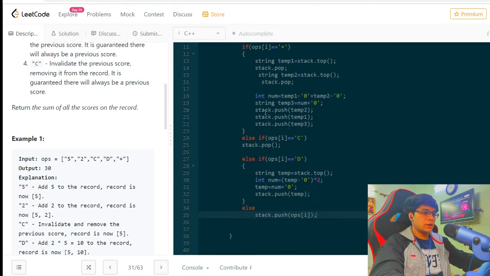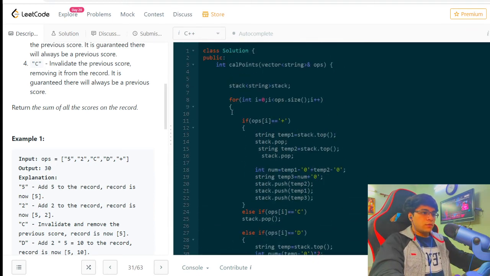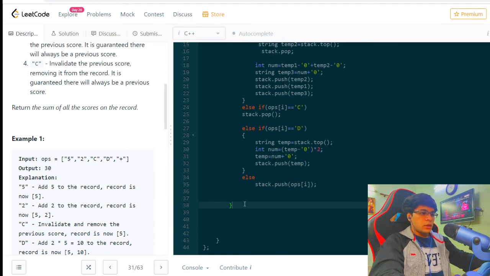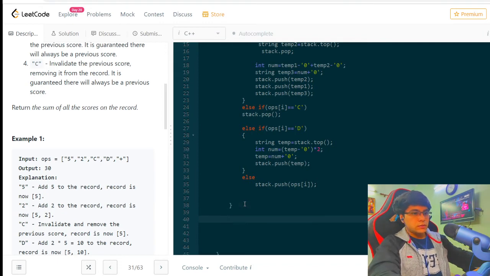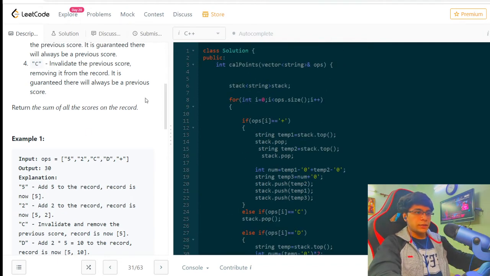Yeah, so this was my for loop. And in the last, what I have to do is return a number. So I'm making int answer equals 0,